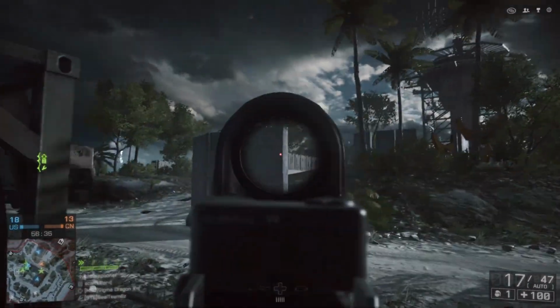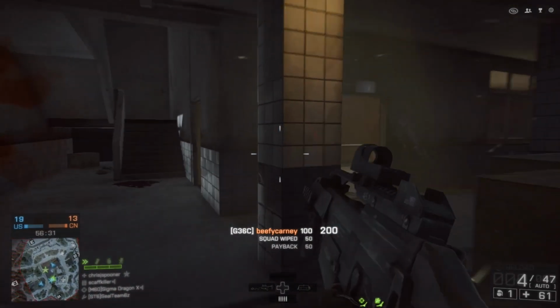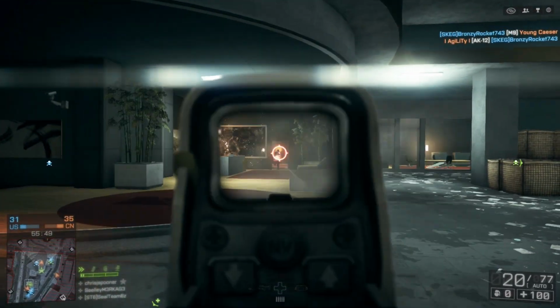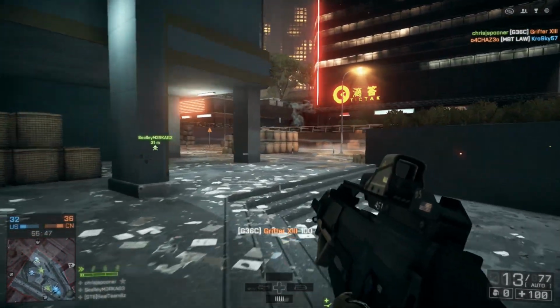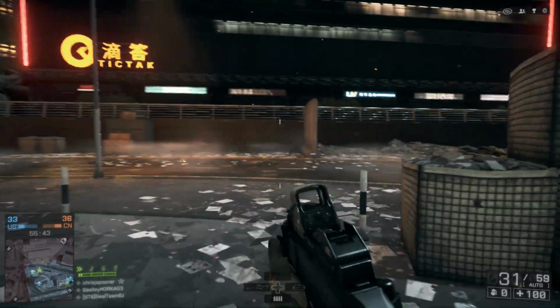The G36C is not too bad in the muzzle velocity department at 500 meters per second, but that doesn't really come into play when using the carbines in Battlefield 4, maybe with the exception of not having to track your targets as much as one of the slower muzzle velocity weapons, but overall it's not really a feature that stands